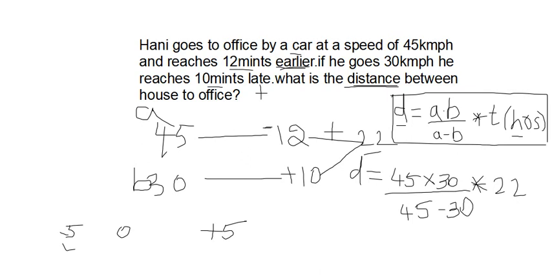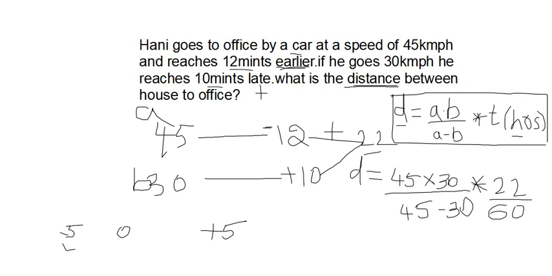Similarly, if they ask in the reverse manner, 120 minutes is equal to how many hours? You should divide by 60. Understood? If they ask to convert hours into minutes, you need to multiply by 60, and in the reverse, if they ask to convert minutes into hours, you need to divide by 60. So they have given 22 as the minutes. We need to convert the minutes into hours, so we need to do division. So 22 divided by 60.